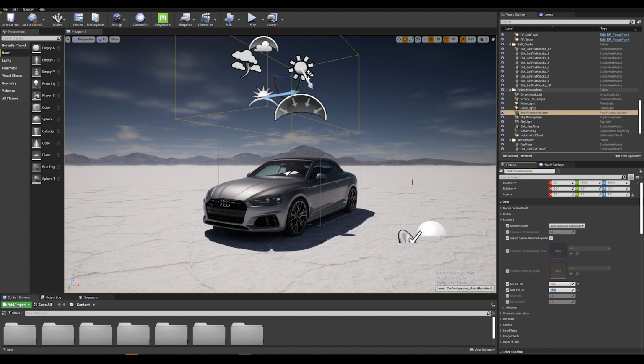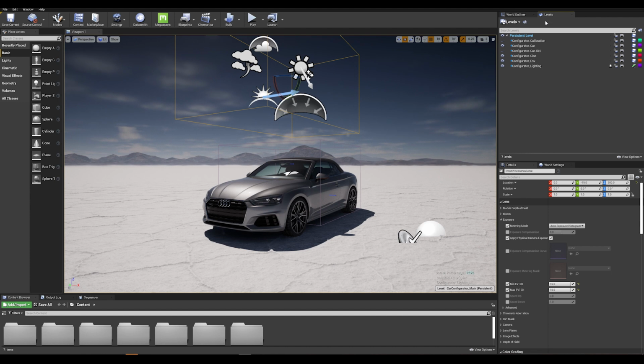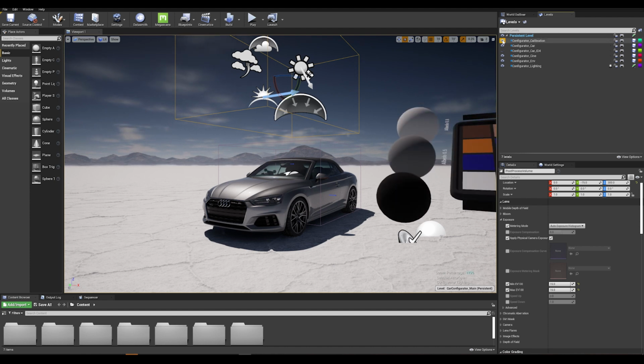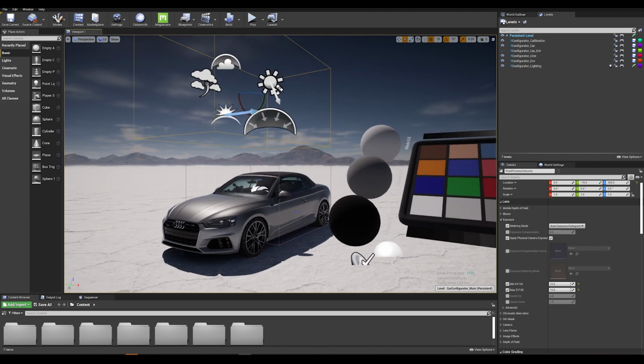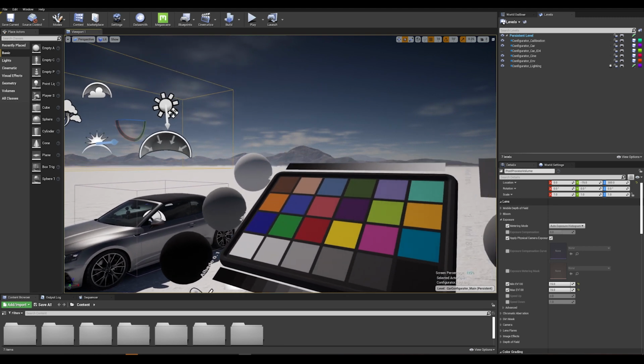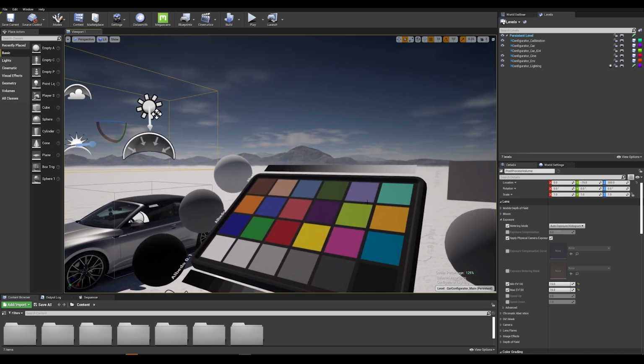Now, the way to check the color is actually via the color calibrator. So in this level, we actually included the color calibration tool for you. And this is a really good way for you to check your exposure values in the scene. Now, a good tool to use is the actual pixel inspector.